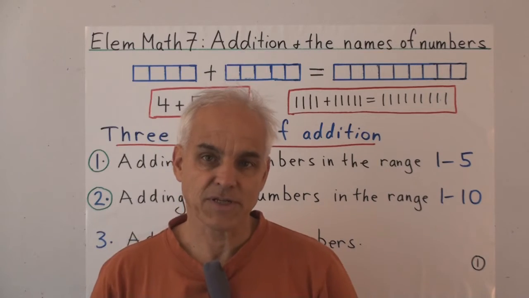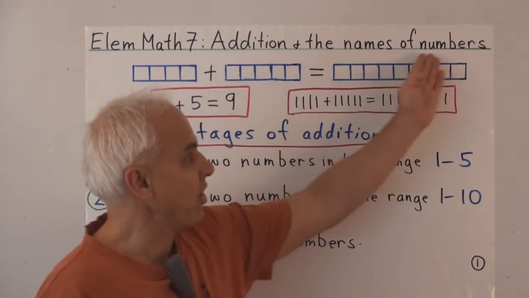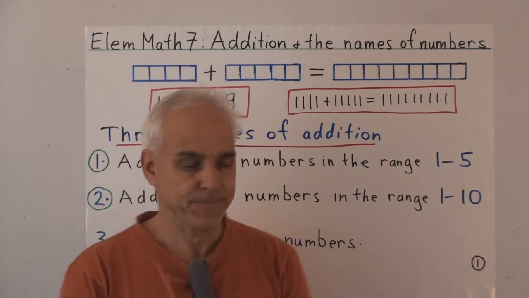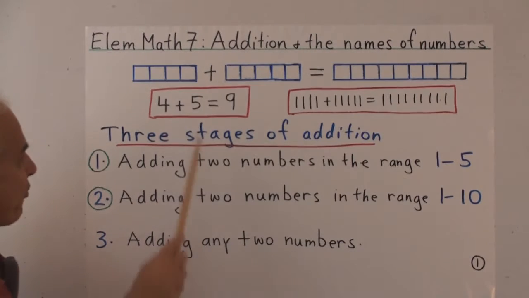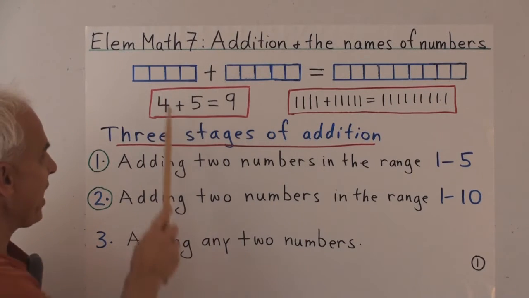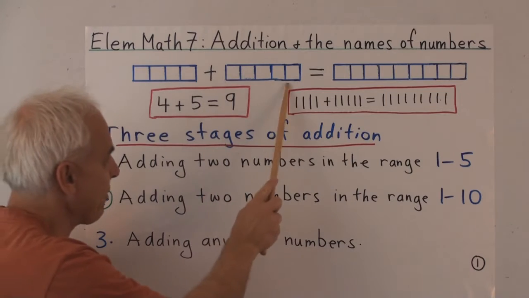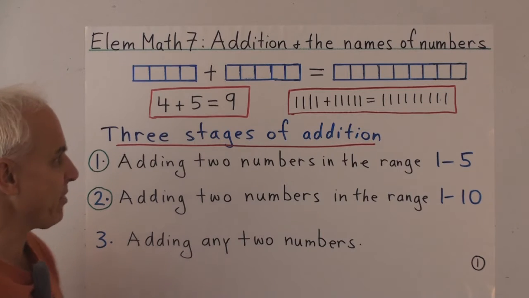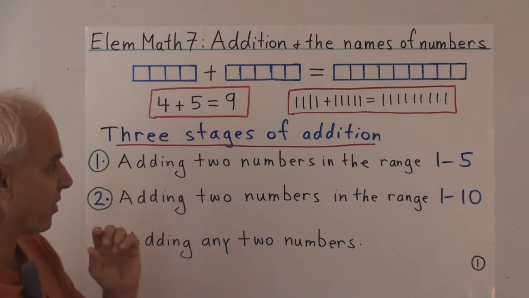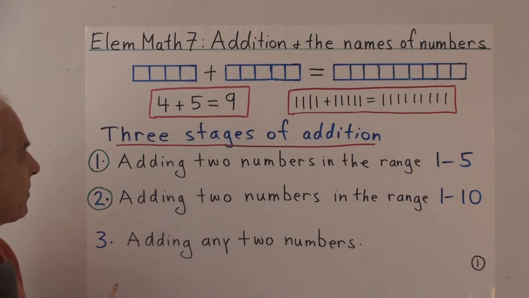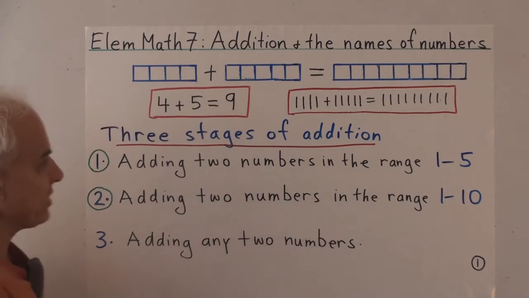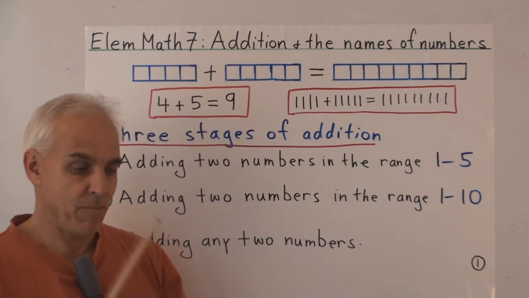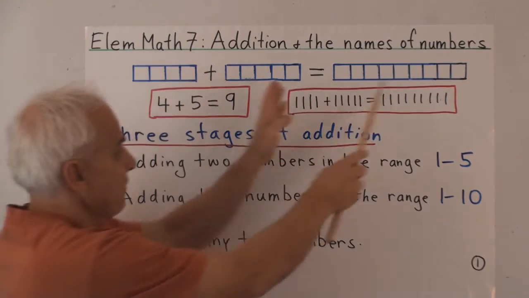We're going to also run into an interesting issue relating to the names of numbers once we get past the numbers up to 10. So here's a very primitive example of addition. We have this number plus this number equals this number. This is our primitive kindergarten approach to numbers, simply as rectangles or strings of squares. And the way we add them is geometrically very simple. We just concatenate the two strings together, push the two rectangles up together so that they form one.